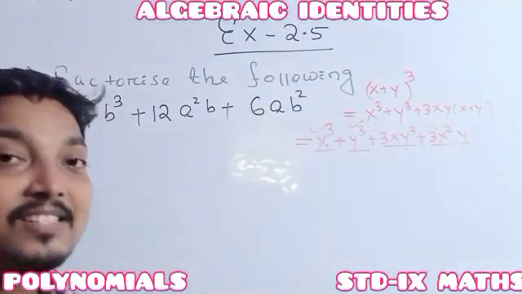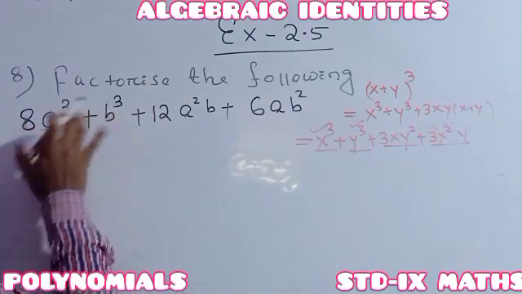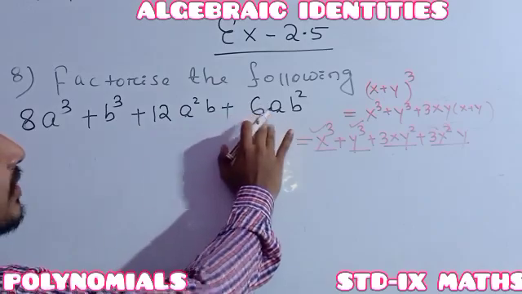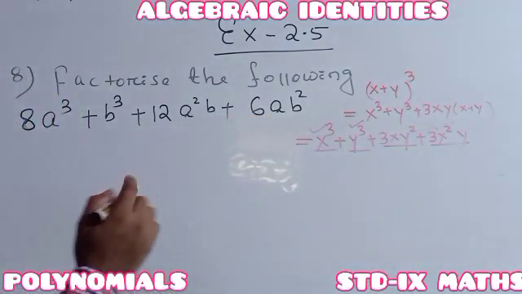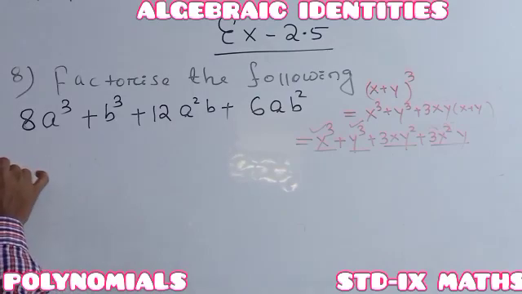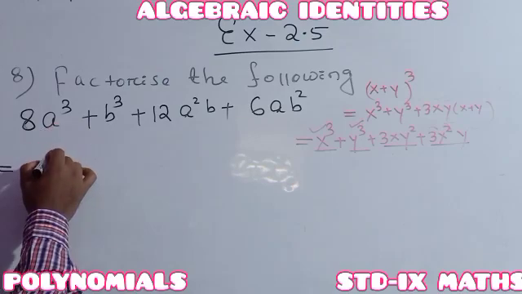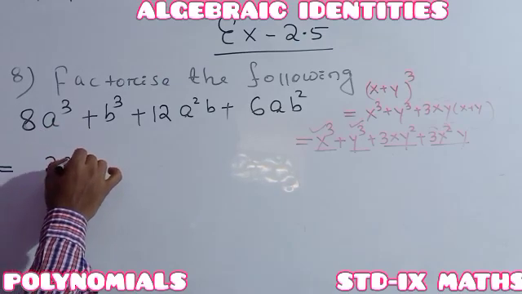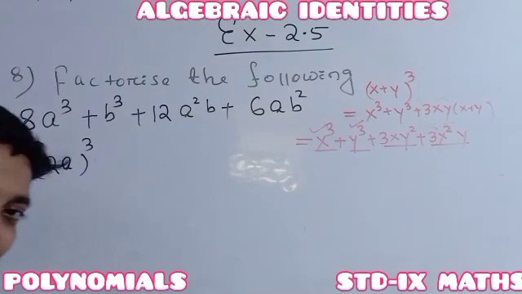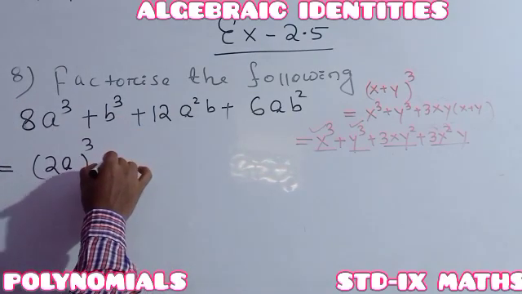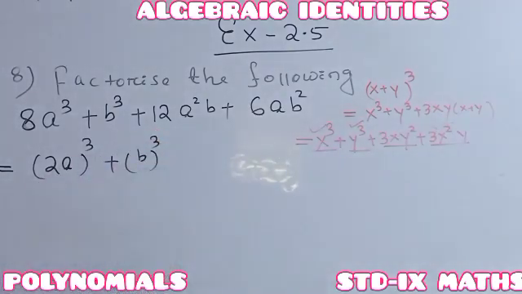How did we get it as (x plus y) whole cube? Because everywhere here there are 2 cube terms. Then after this there are another 2 terms, and everywhere it is the plus sign. So we have to try to arrange it in this form. See, 8 is whose cube? 2 cube, and here it is 8. So here I am writing this as (2a) cube. Understood? Then b cube I can write in the form of b to the power 3.